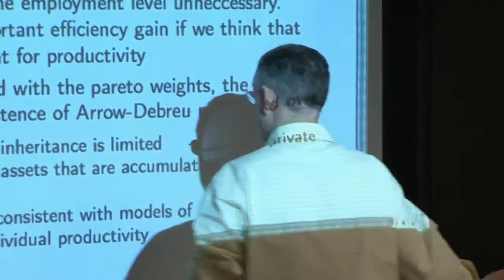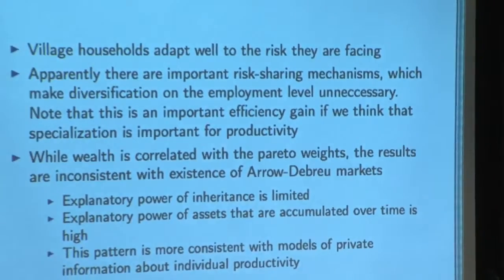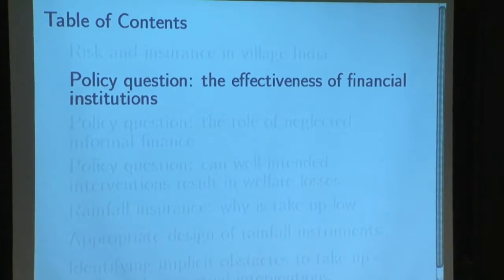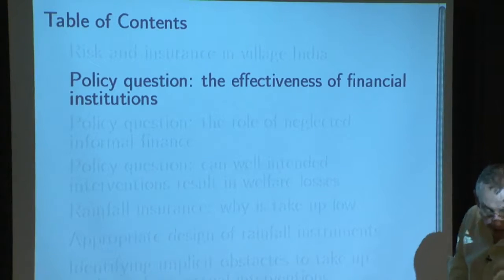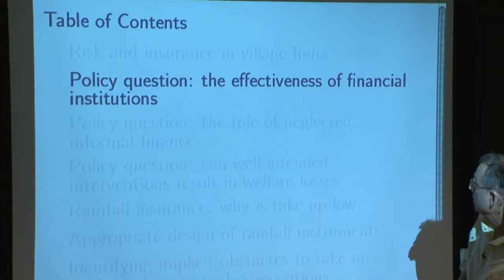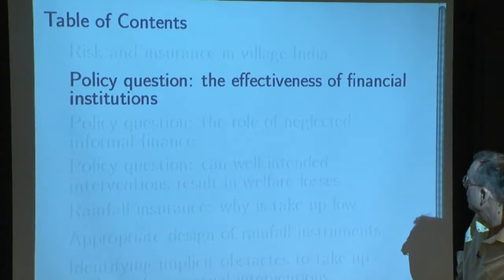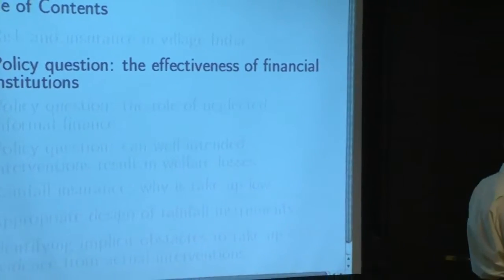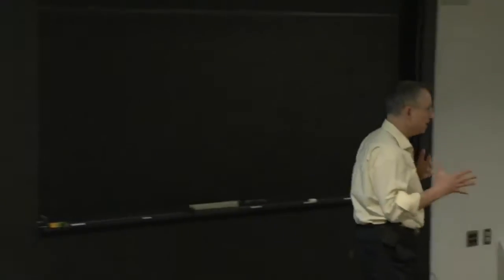Okay. So that's risk and insurance in village India. So let's take that framework and start knocking off some policy questions. So first is about the effectiveness of financial institutions. Now, let me just say, the immediate policy implication coming out of village India was basically,